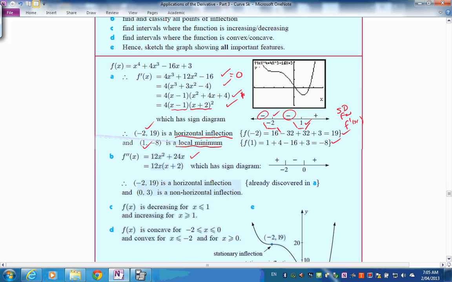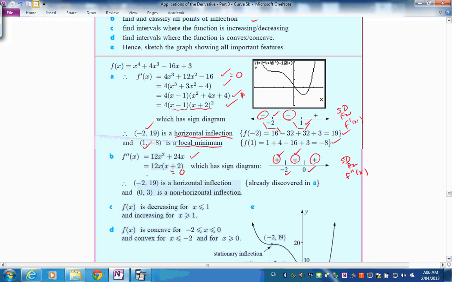Second derivative, because we want all points of inflection up here, I didn't read that. Put that equal to 0, so x is 0 or negative 2, and then checking its sign goes positive, negative, positive, so this is a sign diagram for the second derivative now. So we have got a horizontal point of inflection at negative 2, that one, and 0, 3 is a horizontal inflection, so therefore